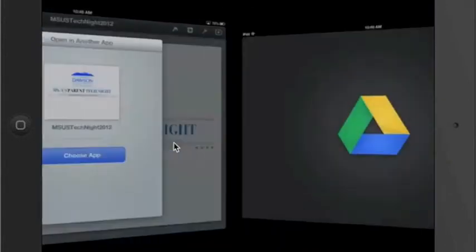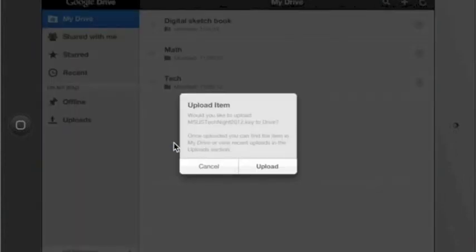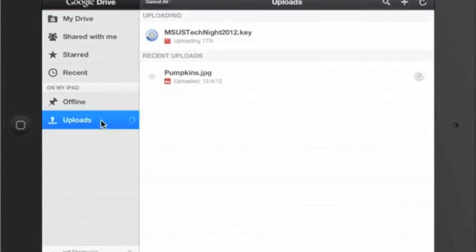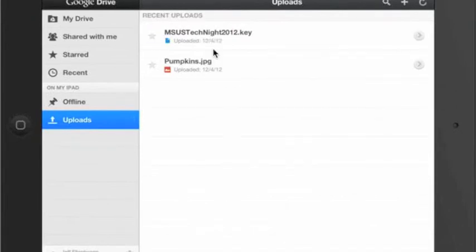You also could do this to Dropbox. And yes, I would like to upload it. And again, you're going to see a little bit of spinning going on here or here. I think if I click Uploads, I'll actually even get to see the uploading process. So this allows you to upload a much larger file to the Google Drive website and then just share it to the teacher instead. So let's go back to my Drive.